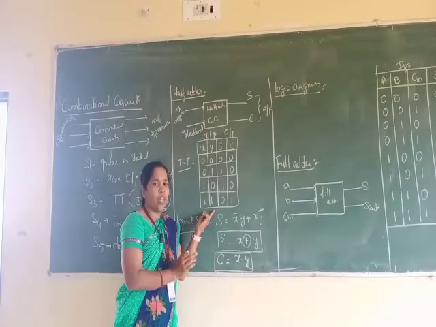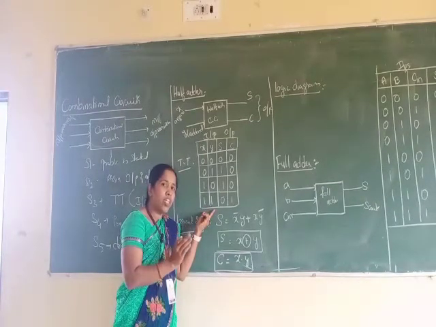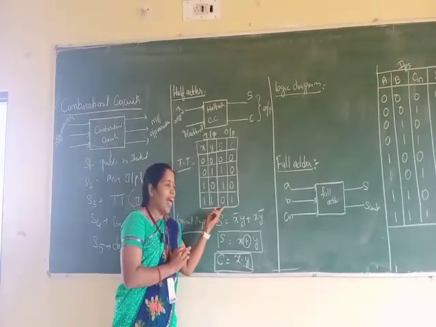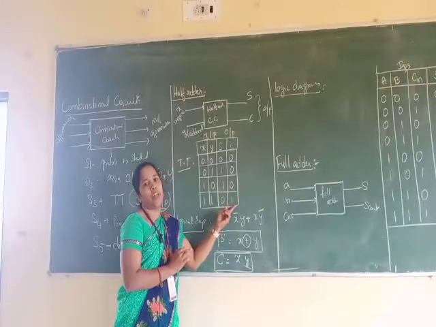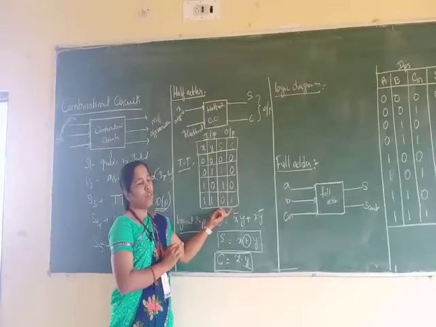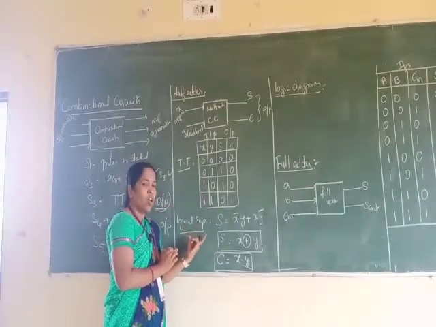When you are coming to the last case here, x value is 1 and y value is 1. So 1 plus 1, right? So binary arithmetic addition you are doing, then in that case 1 plus 1, sum value will be 0 and the carry value will be 1, right? So now I got what here? Truth table, right? So now next one is logical expression.